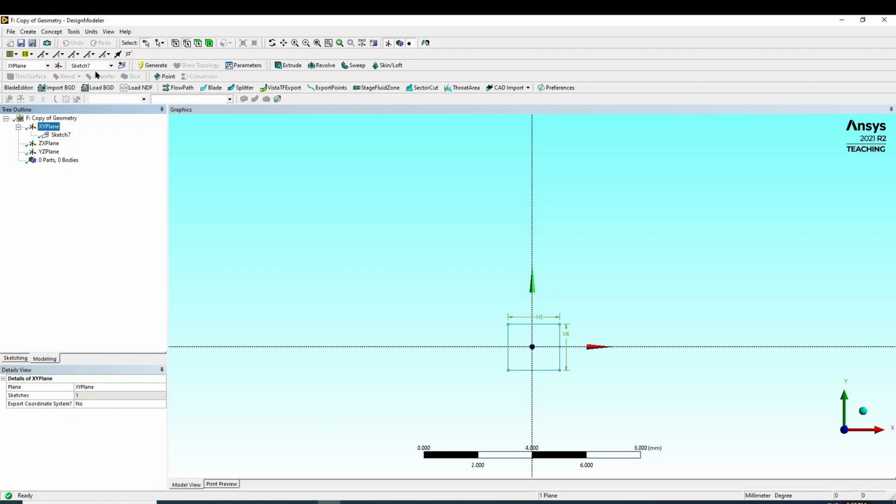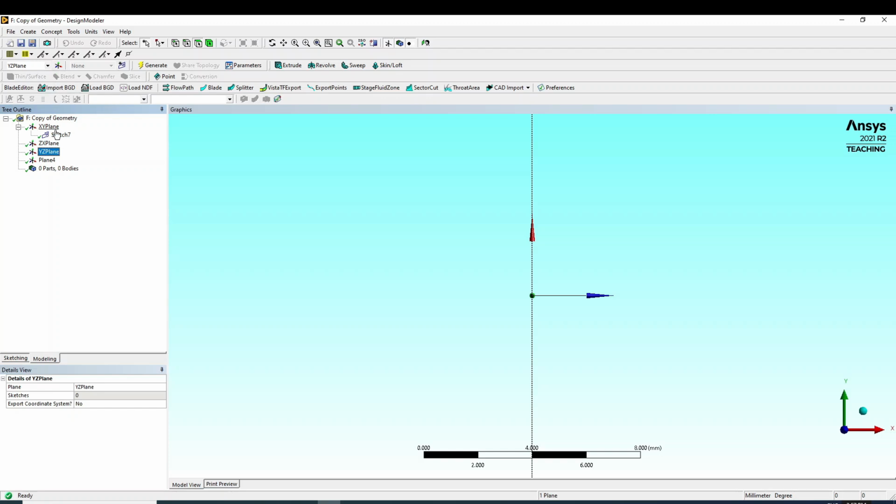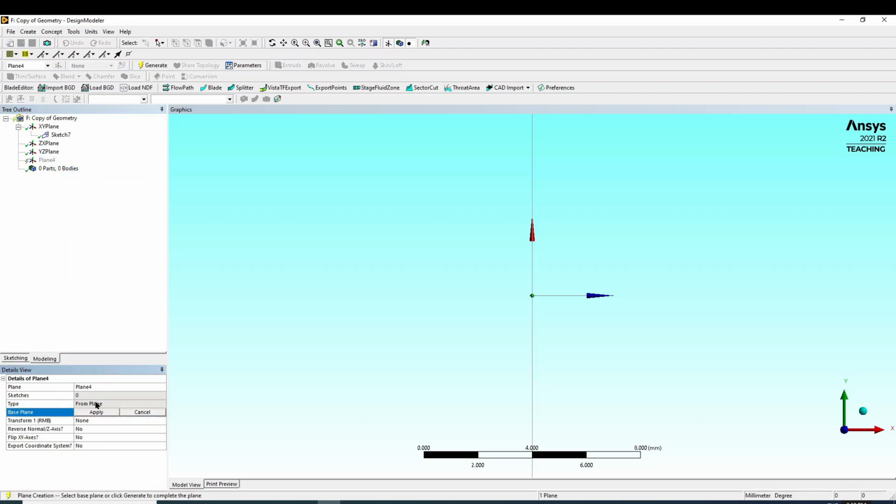So I will go to the, where? Can you see here, XY plane? आपको दिख रहा है? There is the option new plane. I will go to the new plane here, and whatever plane we have selected, parallel to that, it will create the new plane, Plane 4, but it will be somewhat away from the original XY plane. So what I will do? Can you see your option? Type from the plane, YZ plane. Is it visible to you? Okay, so YZ plane, apply.